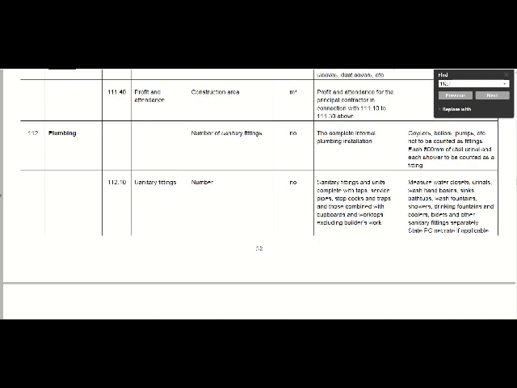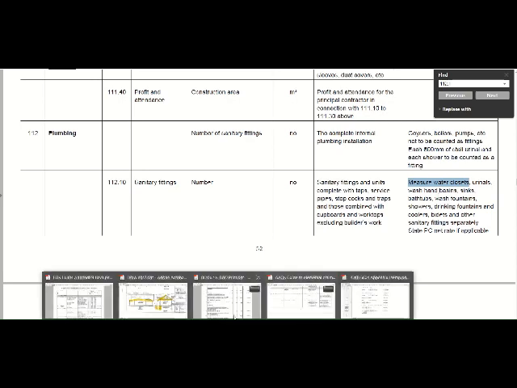Okay, so your sanitary fittings, number of fittings, sanitary fittings and units complete with taps, services, pipes, stopcocks, traps, etc., cupboards and worktops excluding the builder work. The main thing you want to try and do here is to get to an estimate of how each item will fit. So it measures the water closets, urinals, wash hand basins and so on. Usually you take your bill of quantities,